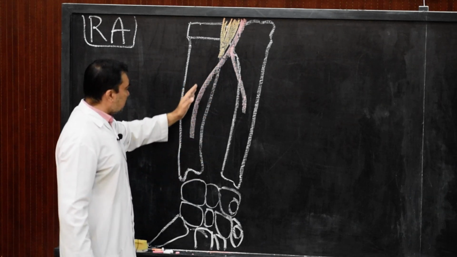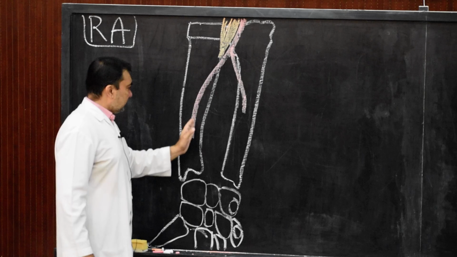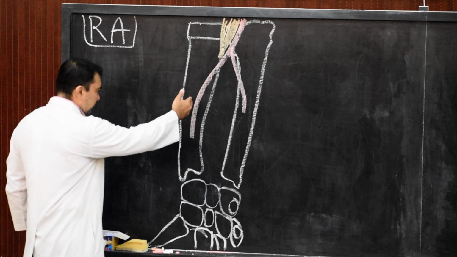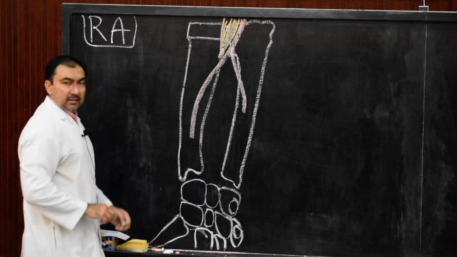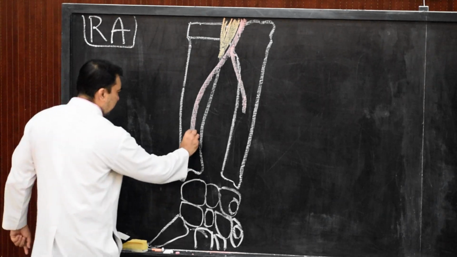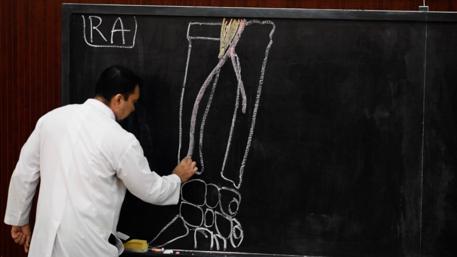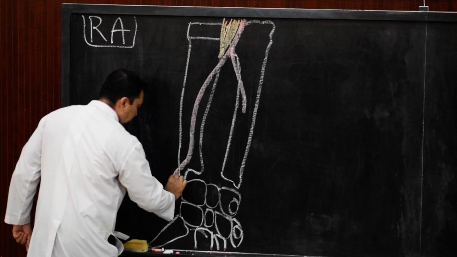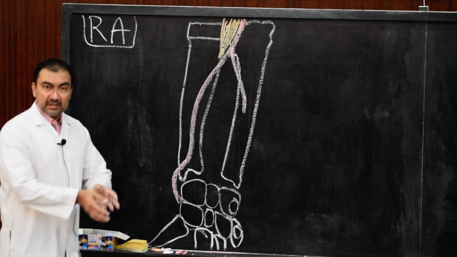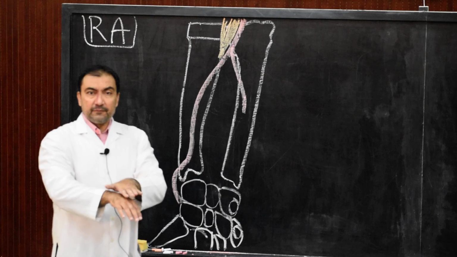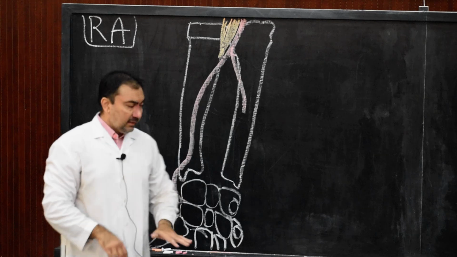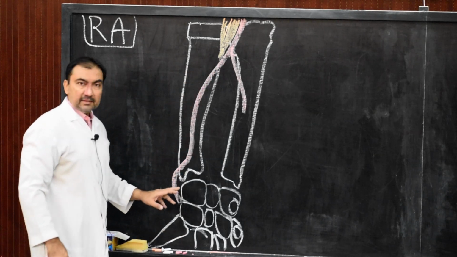Then the radial artery will curve around laterally on anterior surface of the radius, on radial side of the front of forearm, and then it will pass straight down towards the distal end of the radius. At the distal end of the radius, over the styloid process, it will curve dorsally and pass curving around the dorsal side of the carpus. So it will come and lie dorsally on the dorsum of the wrist, dorsum of the carpus, or dorsum of the hand. This is the entire course of radial artery.